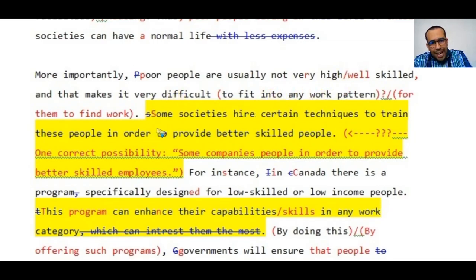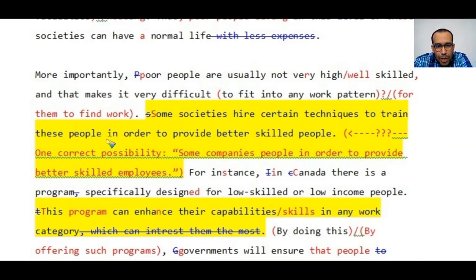In the next sentence we have some societies hire certain techniques. We don't say hire certain techniques because we don't hire techniques. We hire people. We hire employees. We hire workers, not certain techniques. And therefore, here we have an issue of collocation. Okay, we need to rectify that by saying, some societies hire people